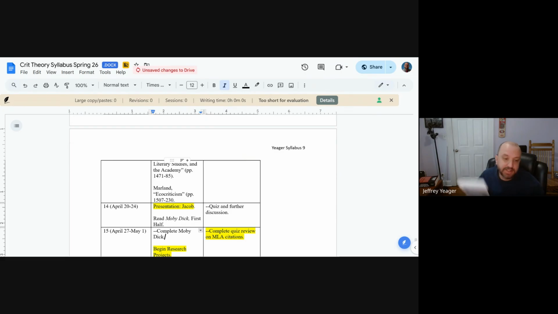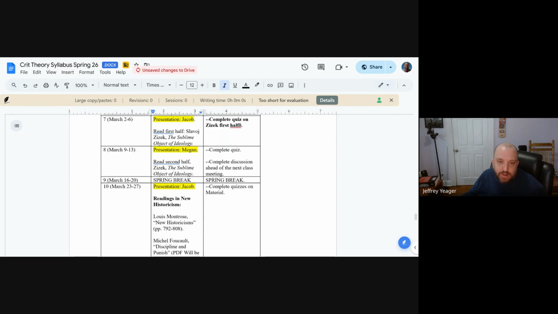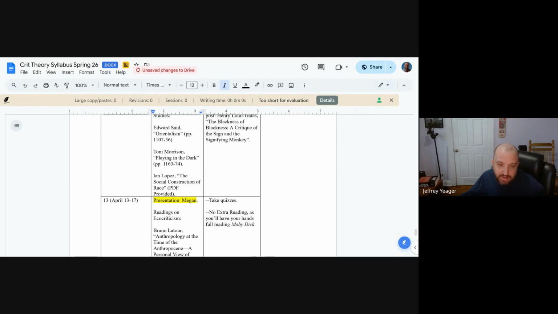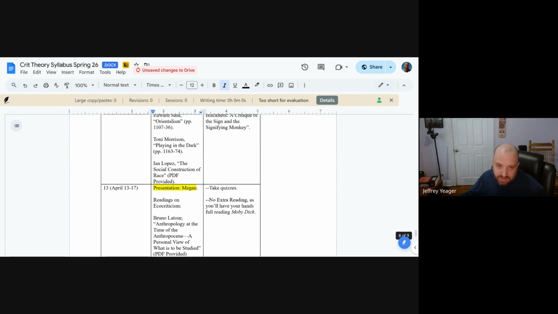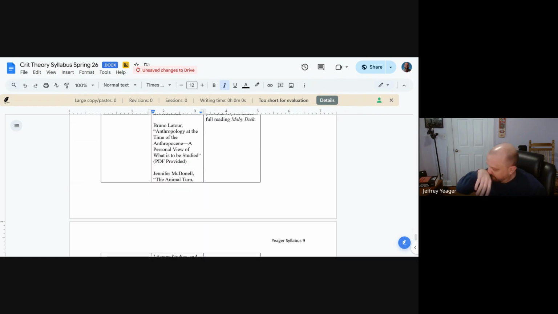If you want to get an early start on it way before that time comes, probably wouldn't be a bad idea. That might be a good thing to do during spring break week. Again, it's kind of cruel and unusual to ask you to do something over spring break. But if you want to save yourself some stress later in the term, it might be a good time to start looking at Moby Dick. Of course, maybe you'll want to do an eco-critical analysis or something on it. If you read it too early, you might not have that perspective in which to look at it.